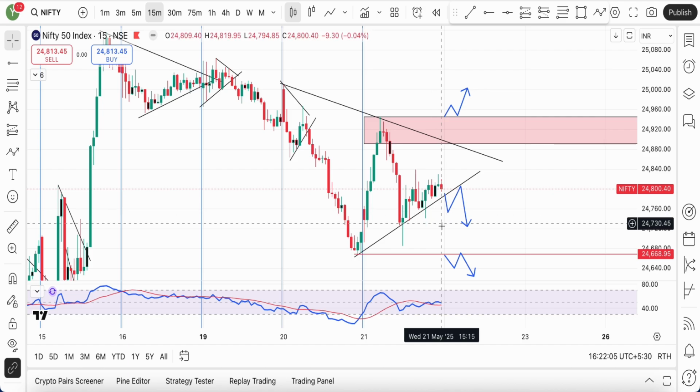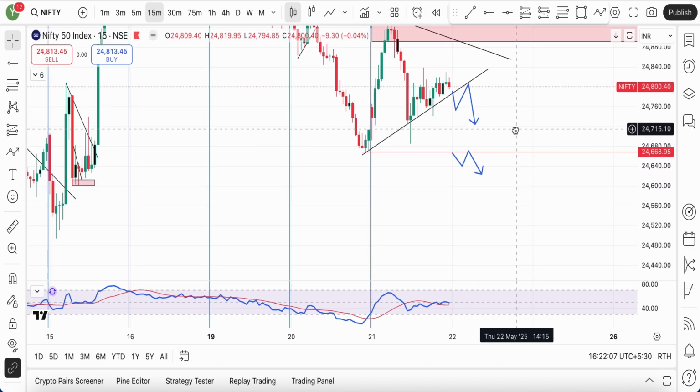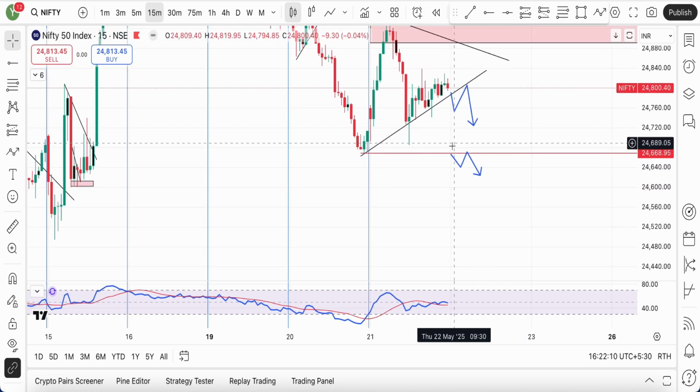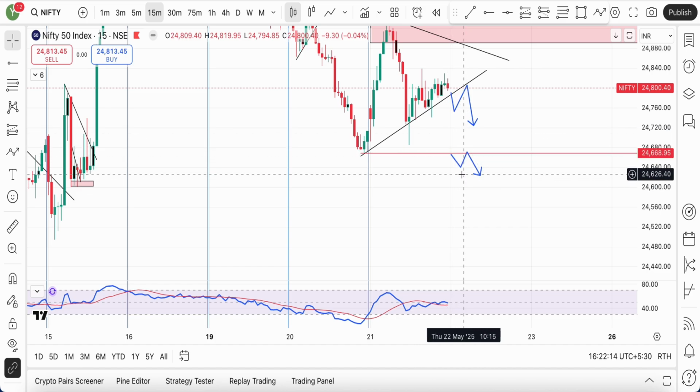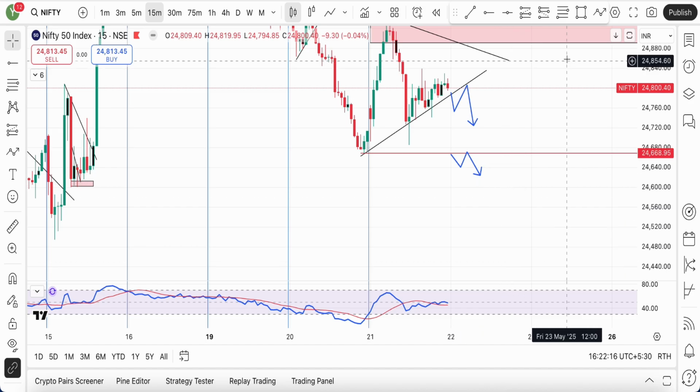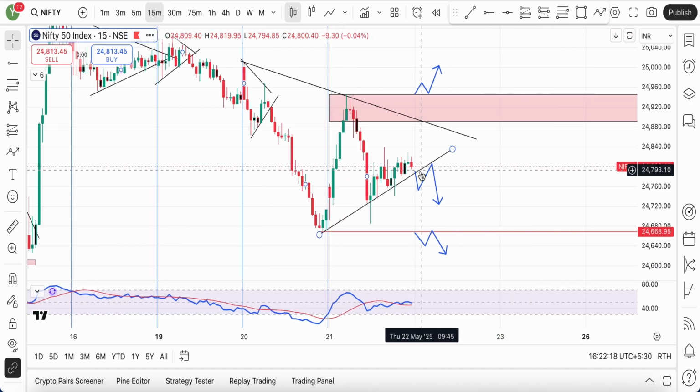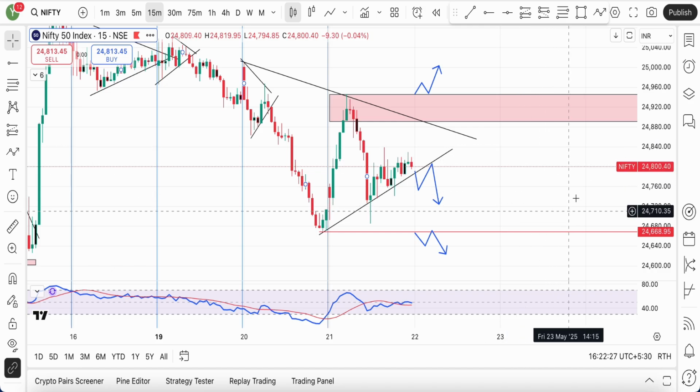Say, for example, the market opens with a gap down, goes into selling mode, gives us some closing below this level, gives us a pullback. We will short the market around the day's low. But I'm trying to give you guys an early entry so that you have some buffer, because the market right now will be volatile for some days. It might again remain in the sideways range for a couple of days.